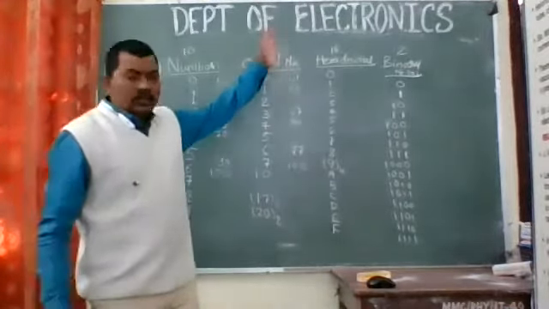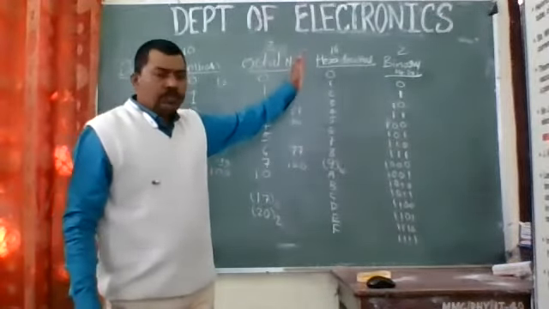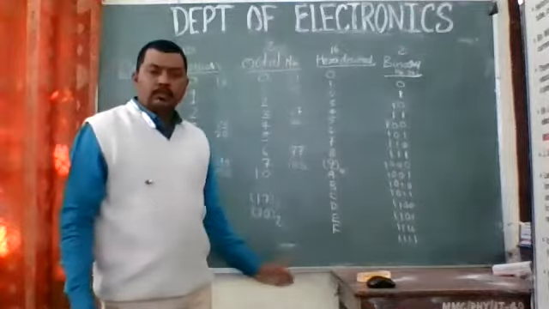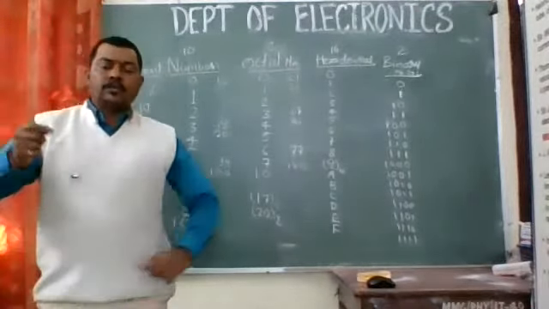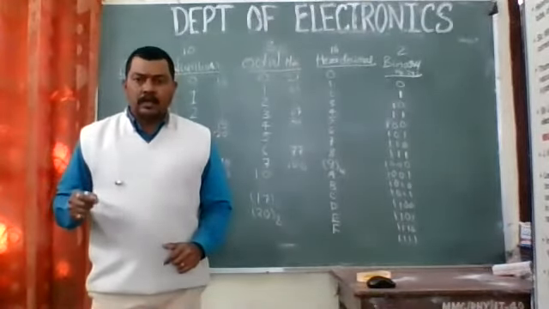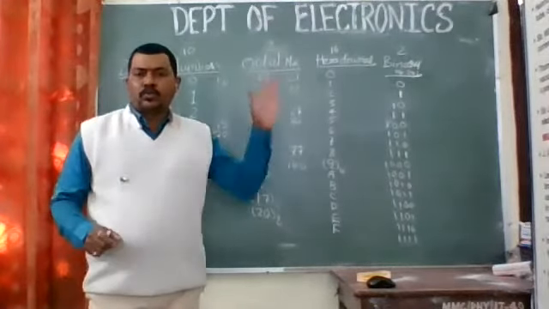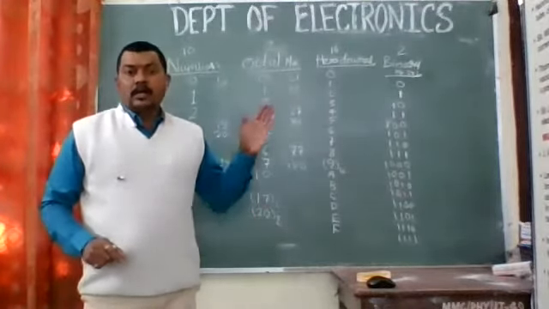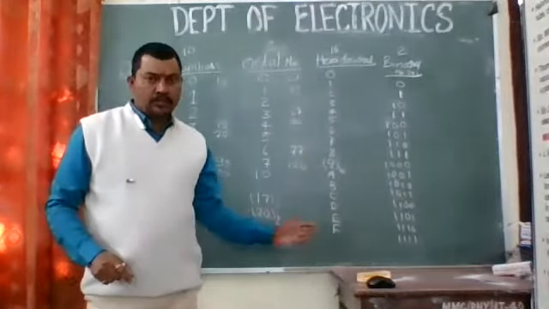Next, the third column is for the hexadecimal number, in which you are going to write all these symbols. From 0 to 9, that is 10 symbols, and after that you need to write the alphabet, that is A, B, C, D, E, and F, right? Up to F, we are having 6 symbols. So the total in the hexadecimal number system becomes 16 symbols.